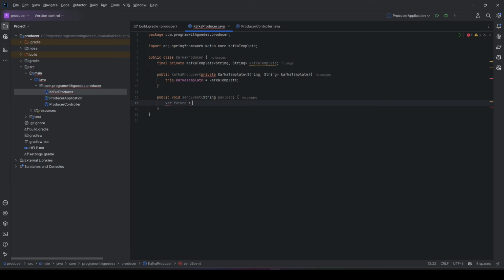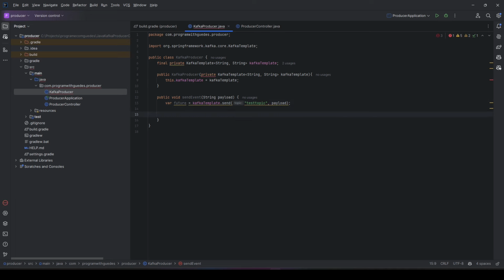Future equals kafkaTemplate.send. In my case, the topic name is test-topic, and this sends the payload parameter.